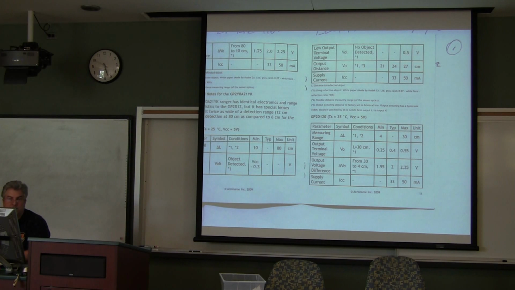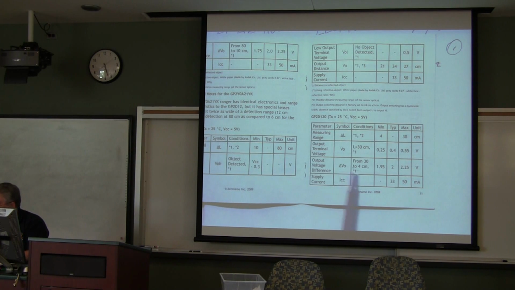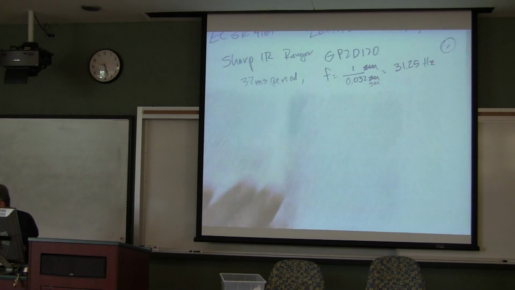What is going to be the typical voltage at 4 centimeters that you'll measure? 2. 1.95. Says 2. I like this. Well, if the difference between these two right here is going to be typically 2, yet at 30 centimeters it's 0.4, you would expect